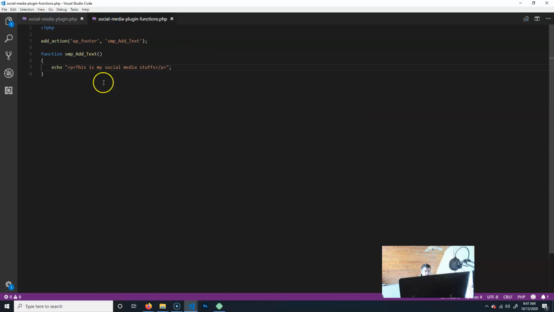Now what I'm going to do is I'm going to go here, and I'm just going to go ahead and add what I want it to do. So we're going to remove this echo, and I'm going to do it like this. I'm going to put it on multiple lines. This way it's a little bit easier, and I can kind of see what I'm doing. Okay, so we're going to do echo, and then what we're going to do is I'm first going to make a div, okay, and we'll do a div,